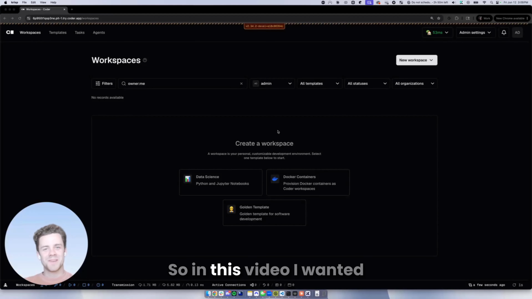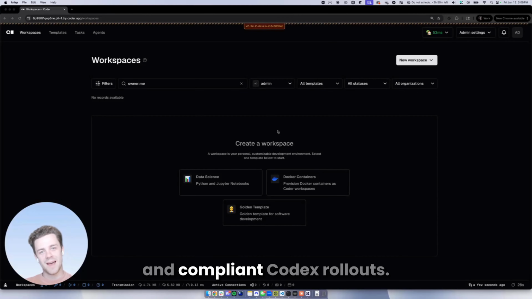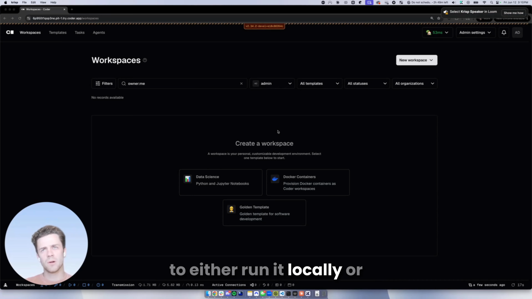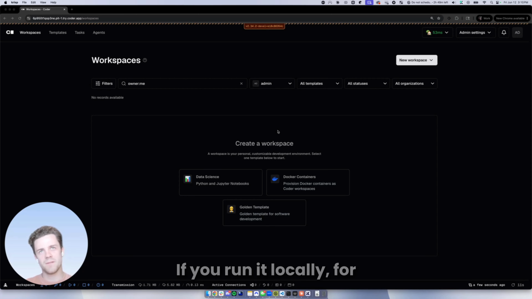Hey there. So in this video, I wanted to show how you can use Coder to do secure and compliant Codex rollouts. So OpenAI Codex is a really powerful coding agent, but it has a couple of problems. For starters, you have to either run it locally or on OpenAI's cloud, both of which pose usability and security risks. If you run it locally, for example, you have to continuously approve every command that it wants to run,